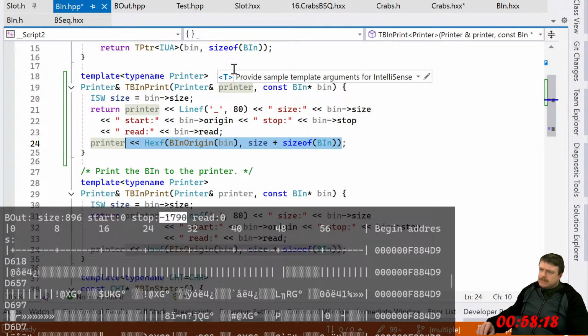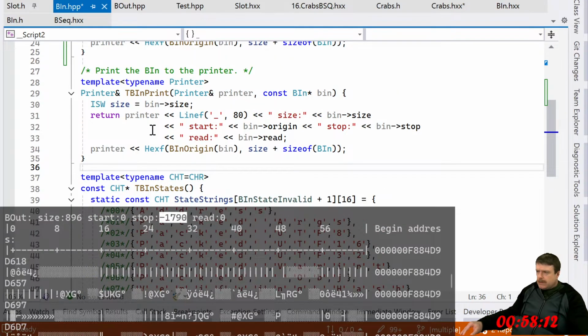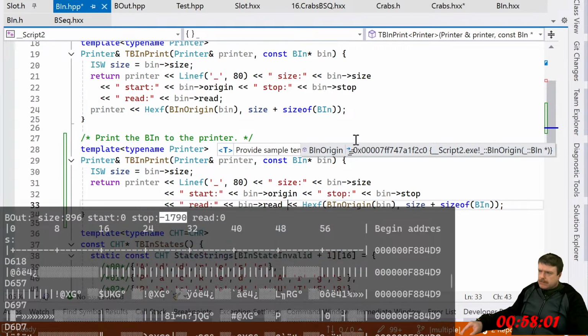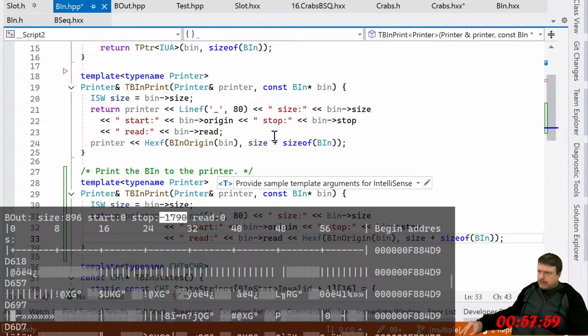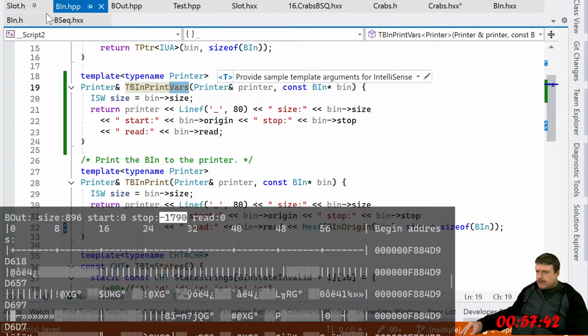What the hell is this? This wouldn't even get run. Be in print. I don't want to say vars, but it works. I'm just gonna do that.